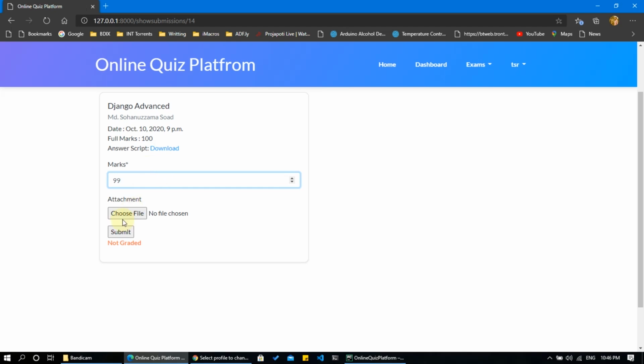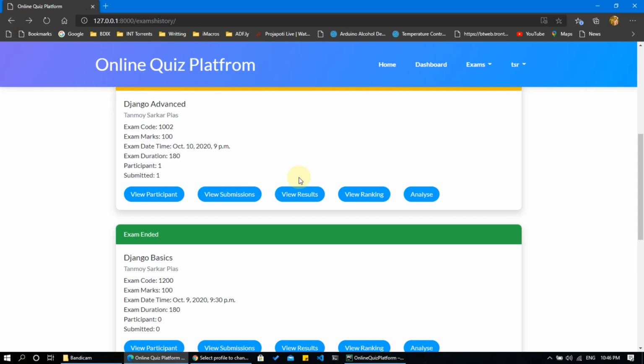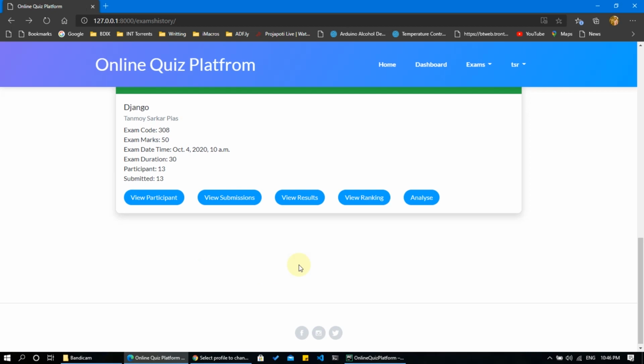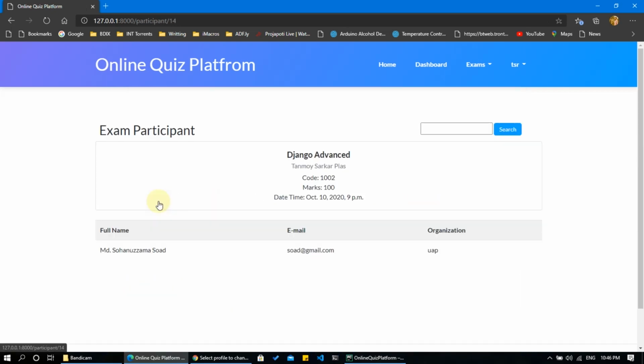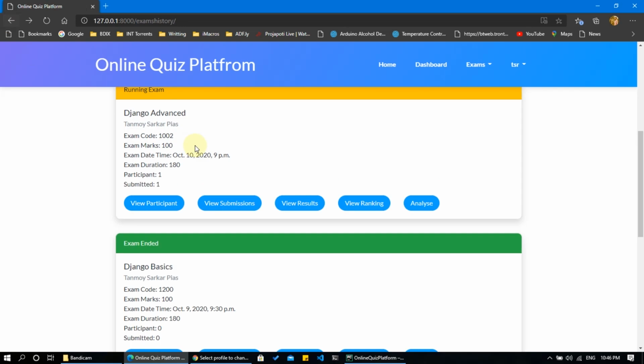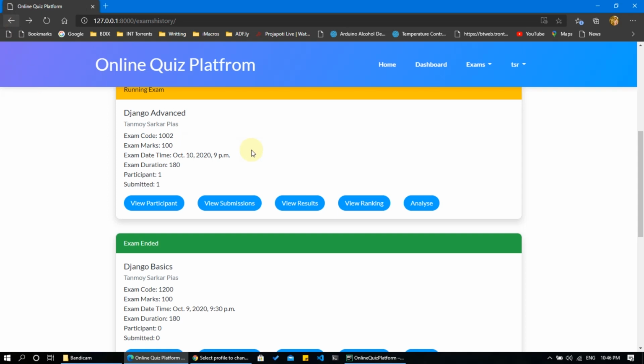So after entering marks, the examiner can attach any attachment or submit only marks. So I click on the submit button and it shows the submission is graded. An examiner can also view the participant list, view results, and view ranking also.